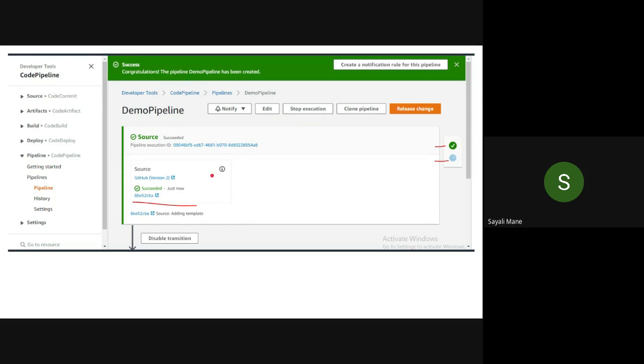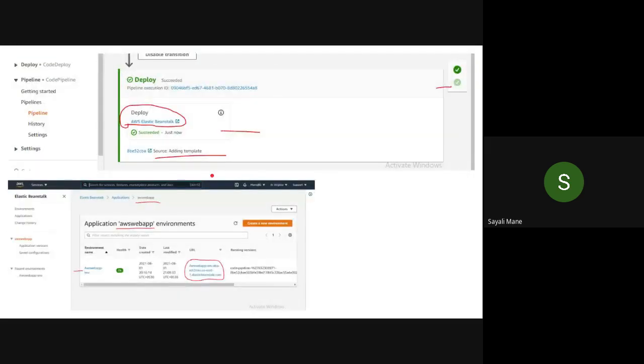I have taken 2 screenshots, the source one and the deploy one. See, you can see, source one and deploy. If possible, try to take a screenshot of the whole page. You can zoom out the web page and take the whole screenshot. Okay, no worries. So please take a screenshot of it.